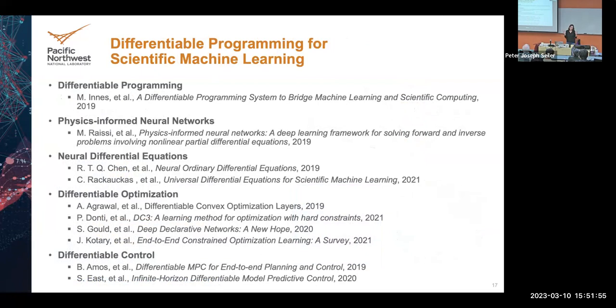Now, let me talk about the domain-aware machine learning. If you look in the literature, you might see scientific machine learning and differentiable programming. Lots of people have started looking at modeling dynamic systems using deep learning methods. This is a lot of recent literature, so everybody is working on this. They're looking at different types of systems, different types of methods, and different ways of introducing physics knowledge into the neural network architectures.